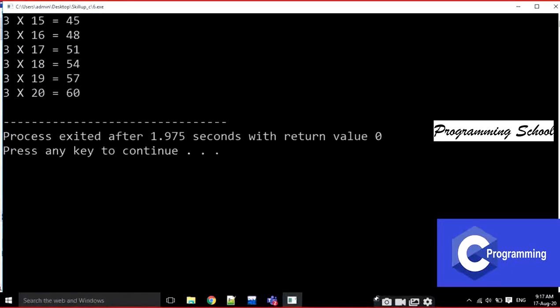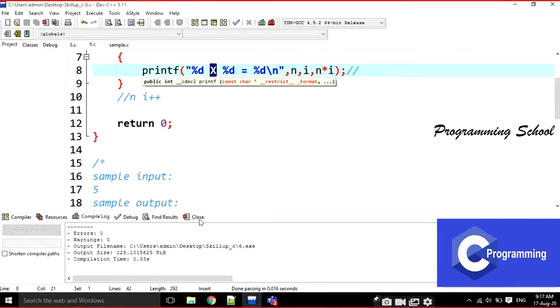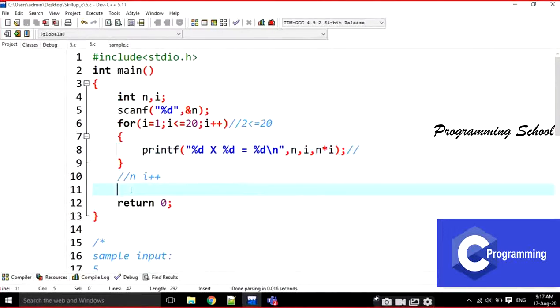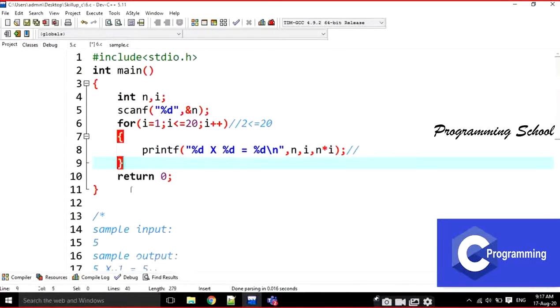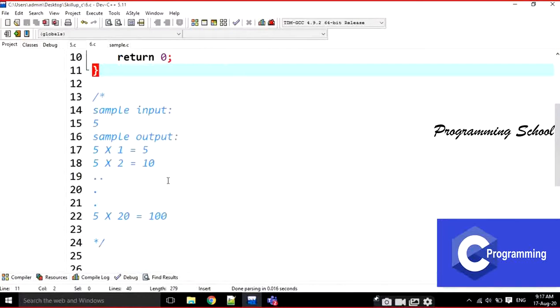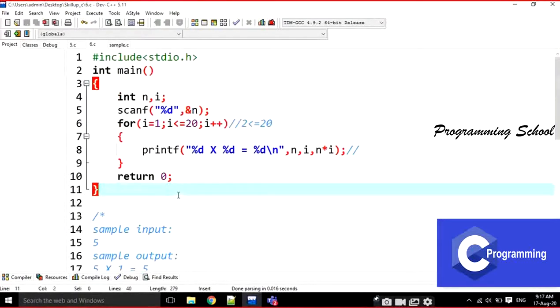Okay, is it clear everyone? Just note it down everyone. Multiplication table up to 20s. Note down the sample input and sample output also. Everyone note down on the notebook.